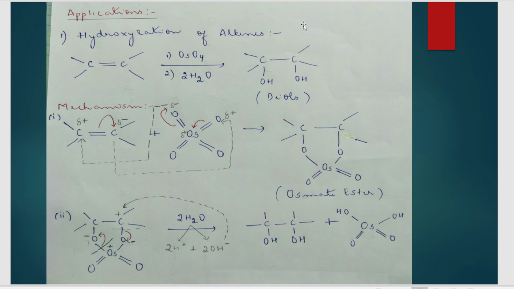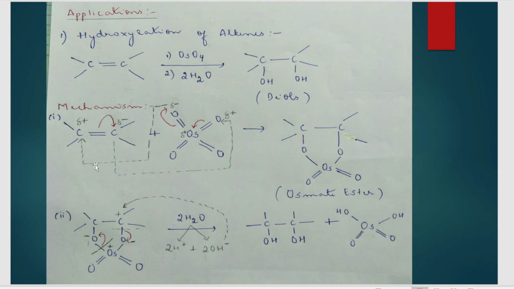You have studied this species previously. What is it called? It's a vicinal diol. Two OH groups attached to two neighboring carbon atoms. So it is a vicinal diol, formed in the presence of our oxidizing agent, osmium tetroxide, and water. Okay, let us study the mechanism of this reaction.